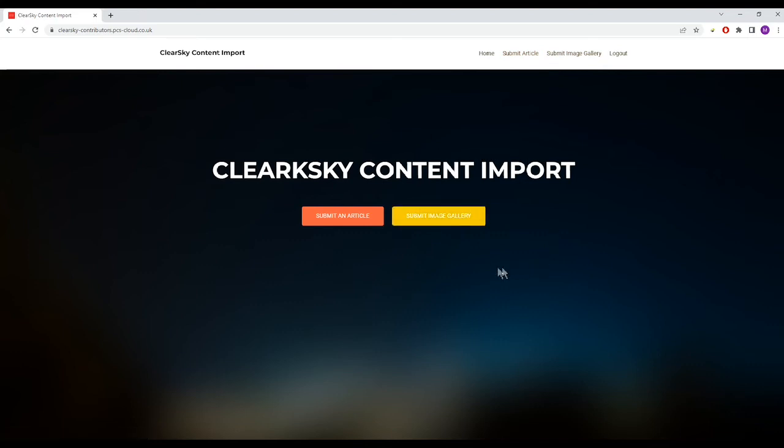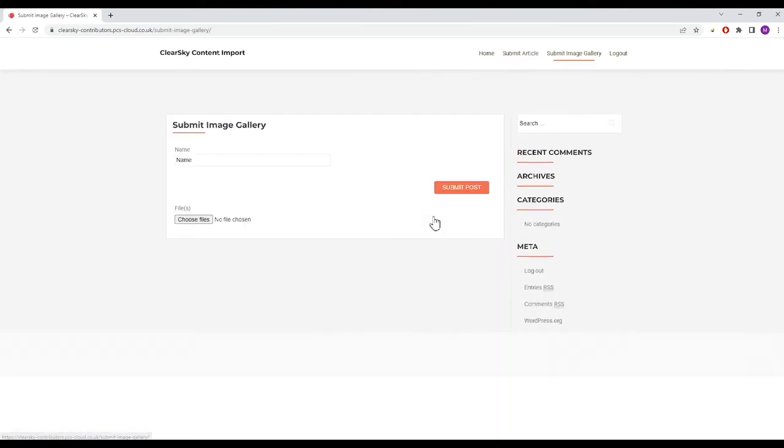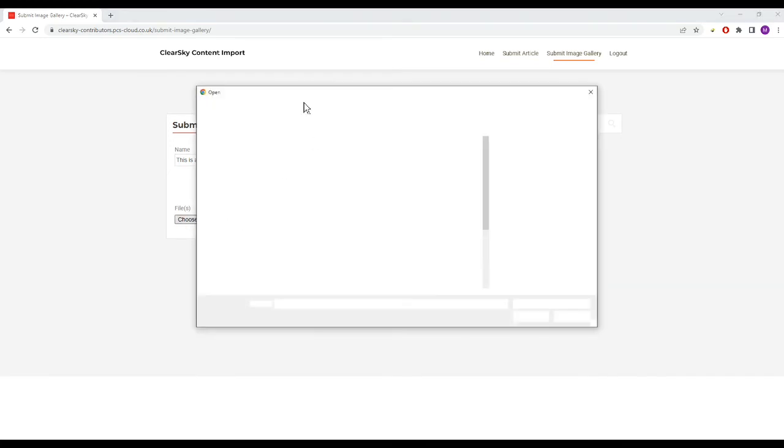So the last thing I'm going to show you is how to submit an image gallery, which is very simple. Again, you click on Submit Image Gallery. The only piece of data that we need this time is the name of the image gallery. So this will be a collective name for all the images you're sending in. So I'm just going to call it, or probably correctly, this is a collection of car images. And then when I click Choose Files, again, it takes me to this screen where I